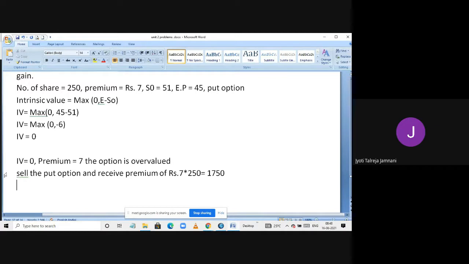Now you have sold the put option. That means the other party has the right to sell. So whenever the other party wants to sell, you need to buy. So we will say buy the share in the option contract, because you are obliged to buy. The right to sell you have given to the other party. So in the option contract, you can buy the share at 45 rupees into 250, which is equal to,